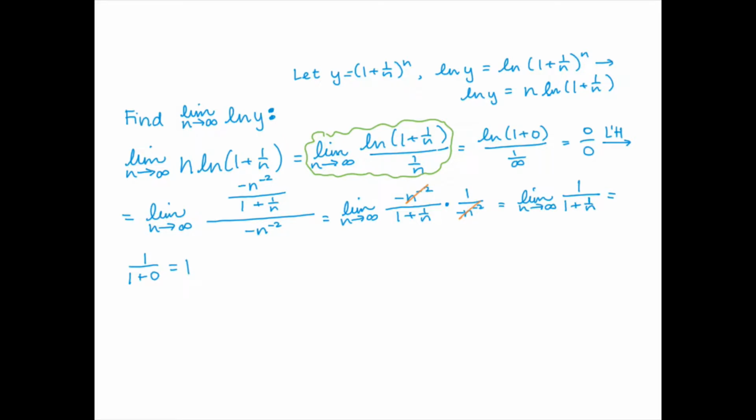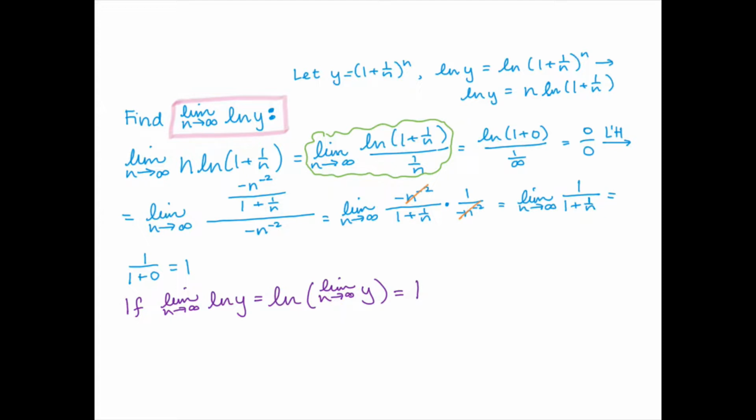Okay, so let's go back. We decided to take the limit of the natural log of y. And what's the reasoning behind that? Why is that helpful? From that, we can say the limit as n approaches infinity of the natural log of y equals the natural log of the limit as n approaches infinity of y, which equals our answer,